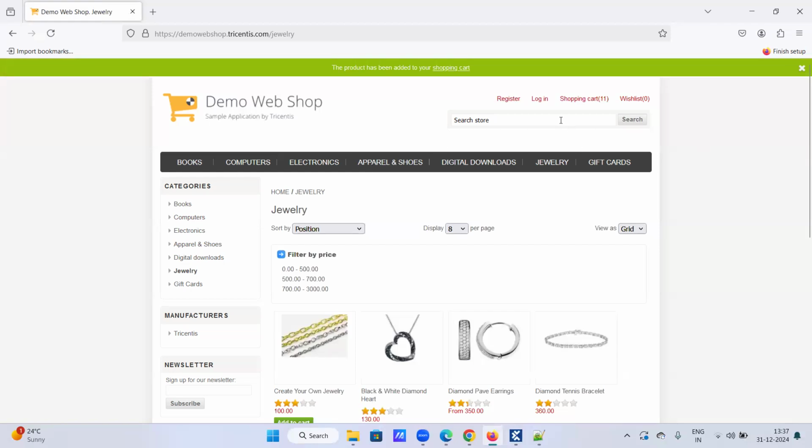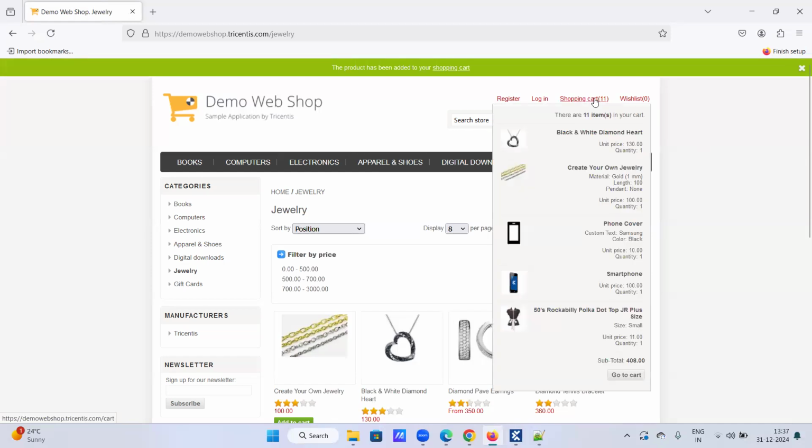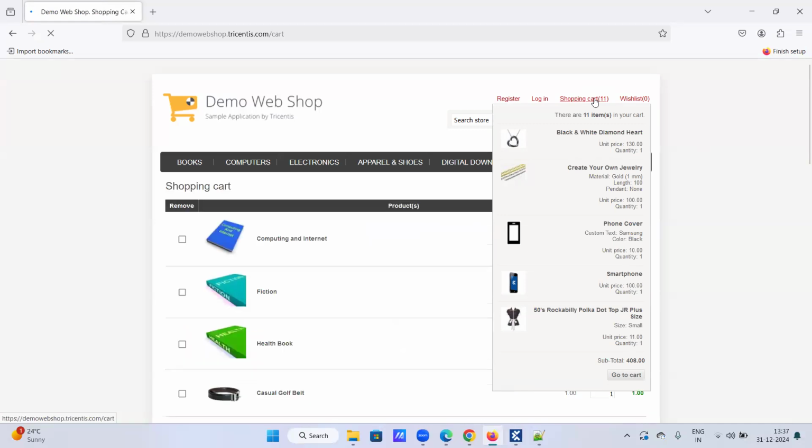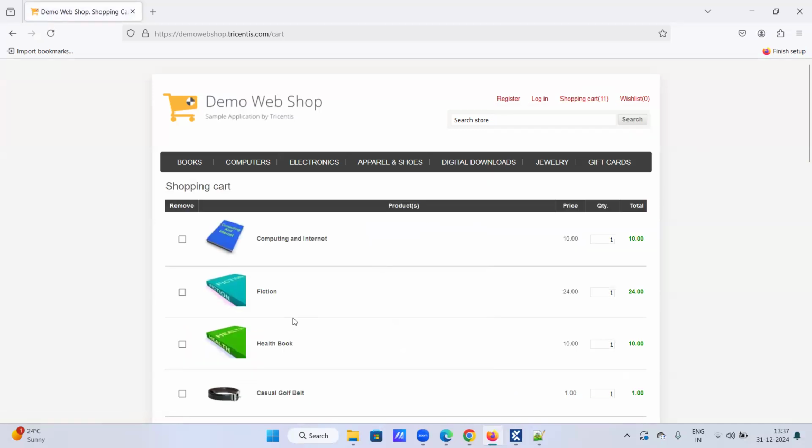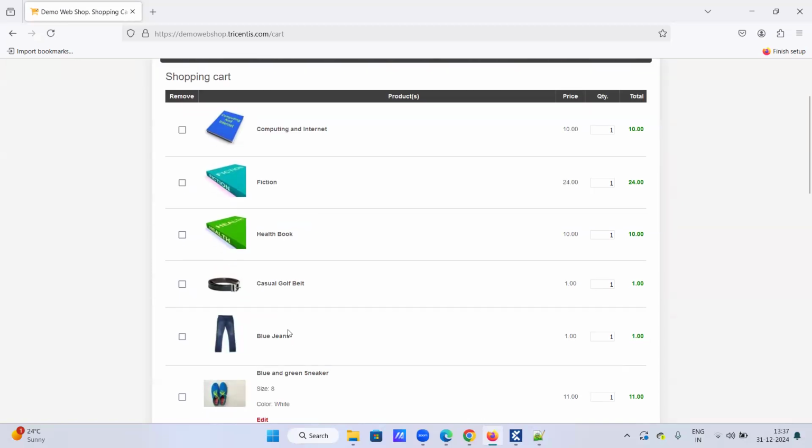So now I have added these 11 products, right? After adding these products to the cart, now there is a requirement saying that could you please delete all the products in the cart? Sometimes if you don't require anything, you will completely clear the cart, and we will start again firstly when we want to purchase a new product. So if there is a requirement saying, can you please delete the products in the cart and completely there should not be any product in the cart,